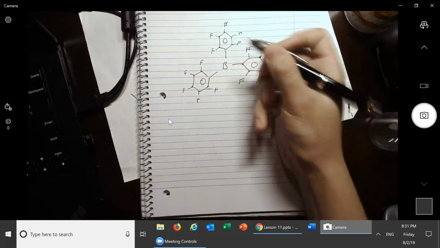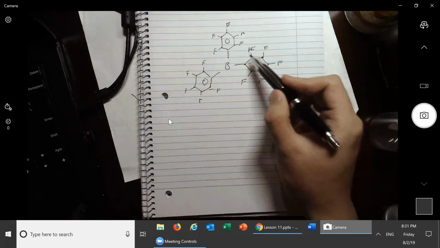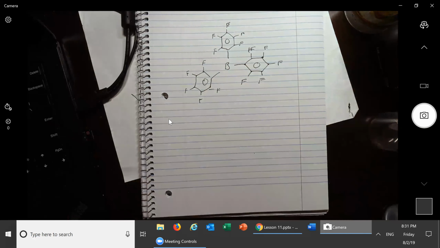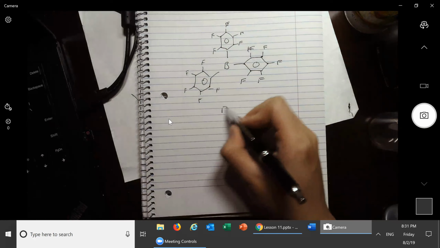So this is a very strong Lewis acid. We have an empty p orbital, and we have these fluorines pulling electrons away from the boron atom. So, very strong Lewis acid. And then we also have